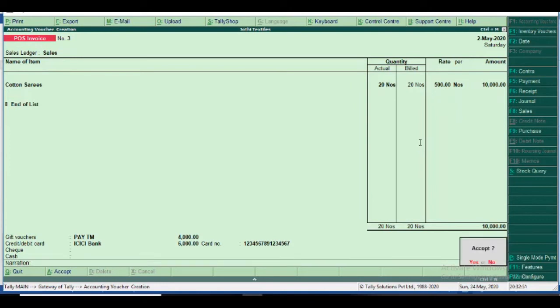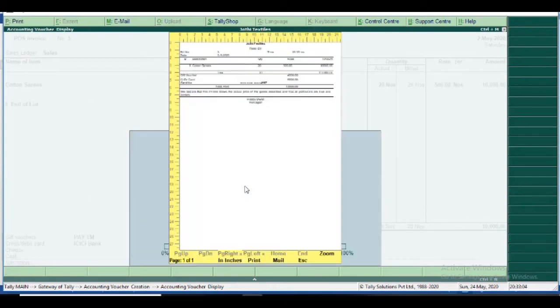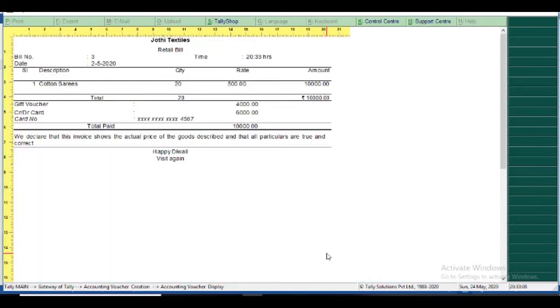I accept the transaction. The voucher printing screen comes. I check whether print preview is enabled or not. It is enabled, so I enter. The print preview screen comes, and I zoom in.